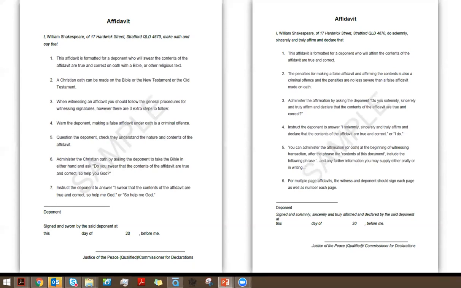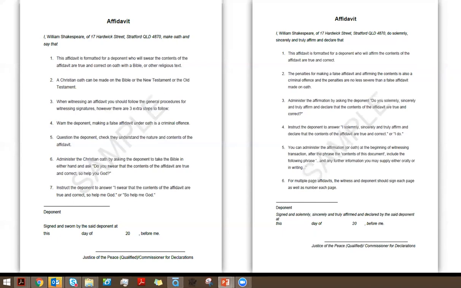Lovely. So when you are presented with an affidavit for witnessing, not only should you ID the deponent and make sure that the person in front of you is indeed the deponent. So in this example, it's William Shakespeare. You want to make sure that they understand that making a false statement under oath or affirmation is a criminal offence and liable to punishment.